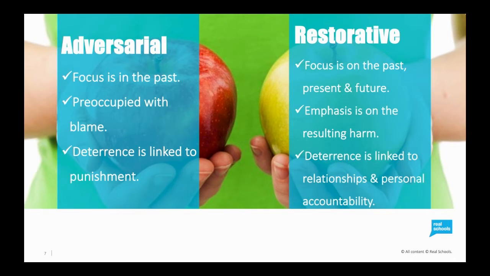And then let's say that deterrence we think is linked to relationships, and being personally accountable to those. That we want them to have a moment where they go, wow, there'll be a lot to clean up here if I were to damage this relationship, because that's what we do as a matter of cultural norm at Wellington High School.